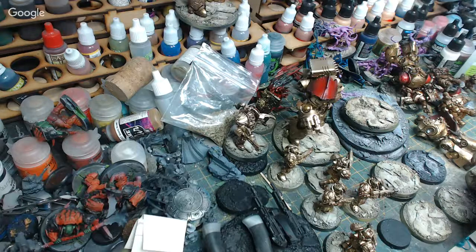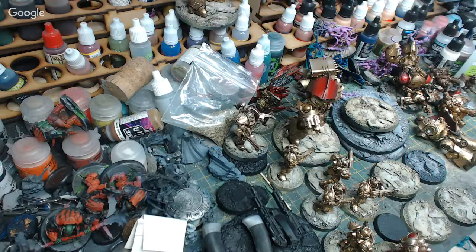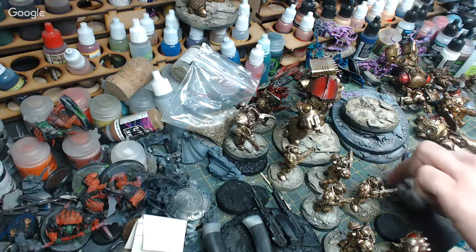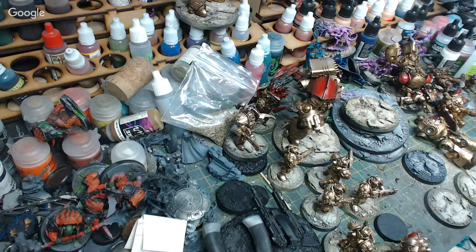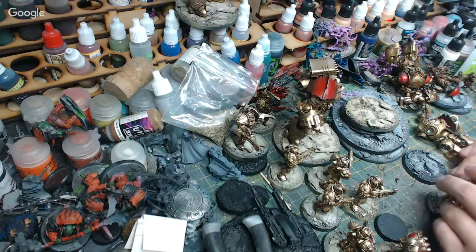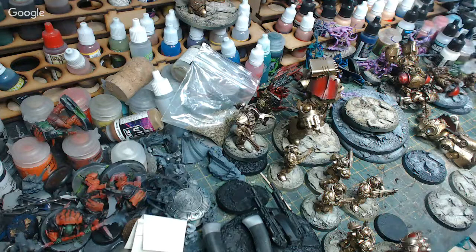Now, ways of stopping it happening. Paint other minis. Take a break, have a paint on other minis. Paint something else, just paint some skin on something else. So if you're painting skin, paint some armor. Do something different. Doesn't take a lot of practice. Second of all...